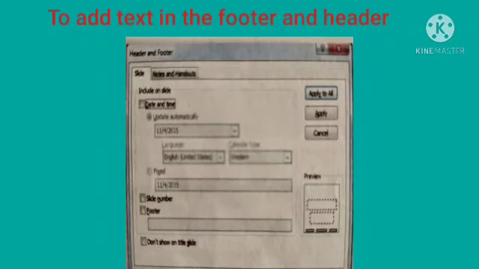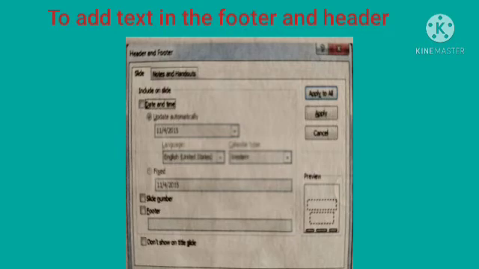The Update automatically option means that the date and time will be updated every time you open the presentation. Okay, which will save you the time and effort involved in updating it manually.